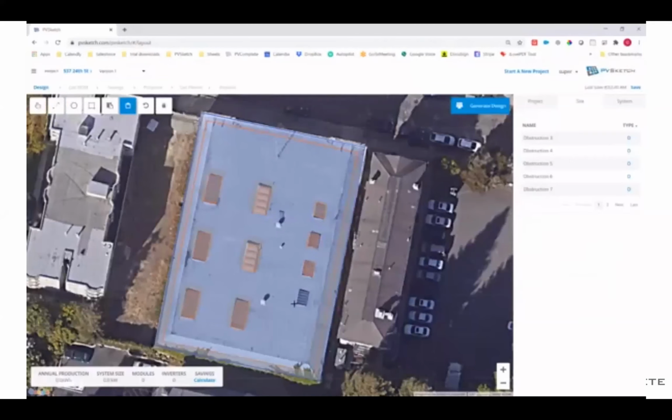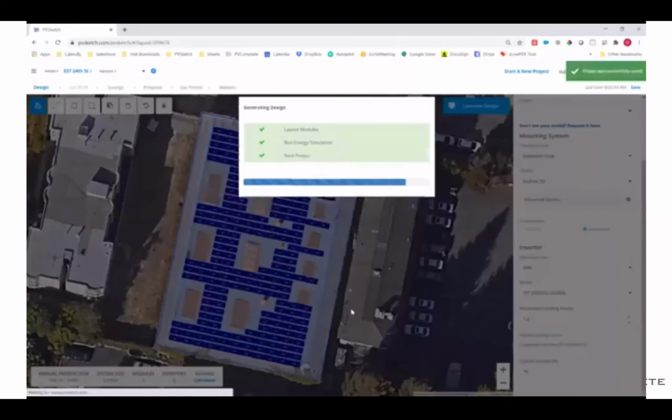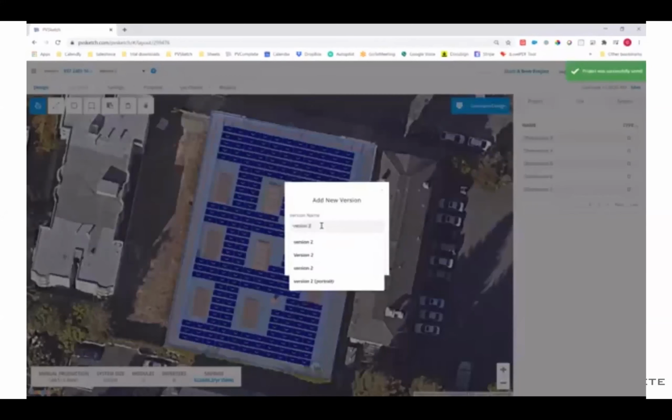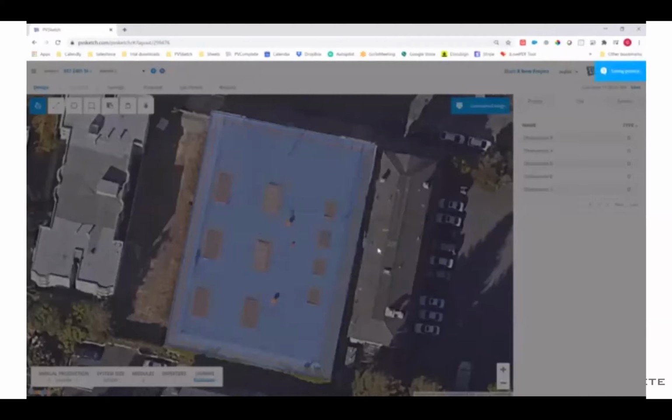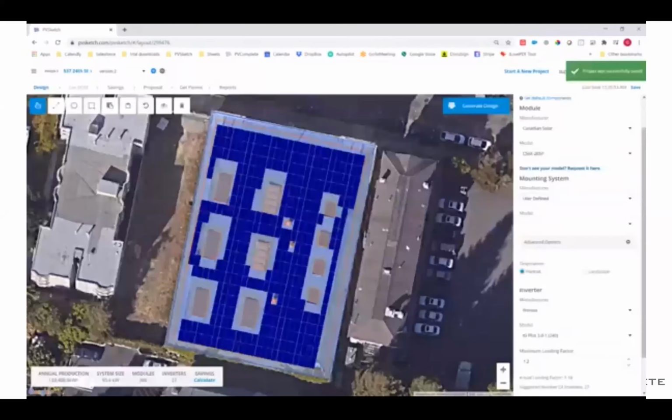Last few obstructions here, just copying those across. And then when we select generate design, it's going to fill the site plan again with all manufacturer-specific equipment. So this isn't generic, this is specific. And at the bottom, you can see total production, system size, and modules. Here I'm creating another version of it so you can compare and contrast different iterations within minutes. And then once you're happy with that layout,